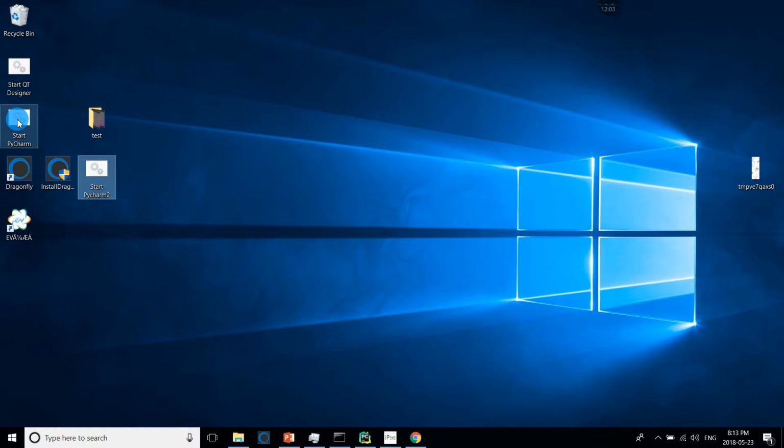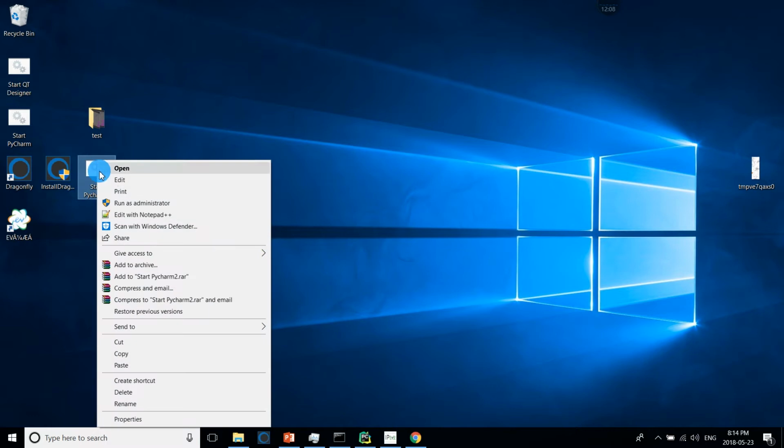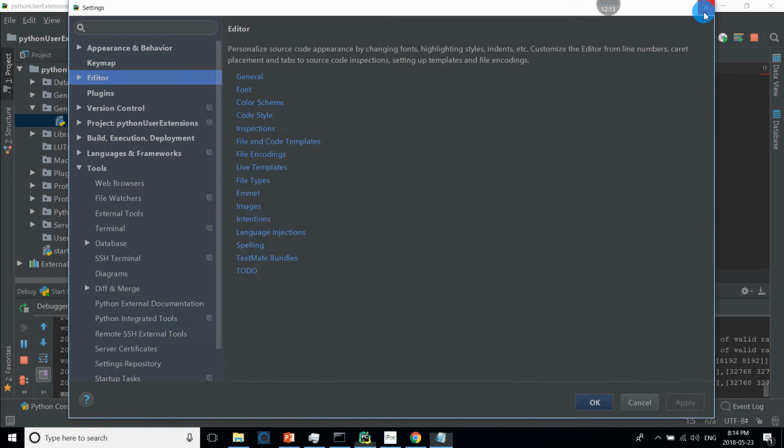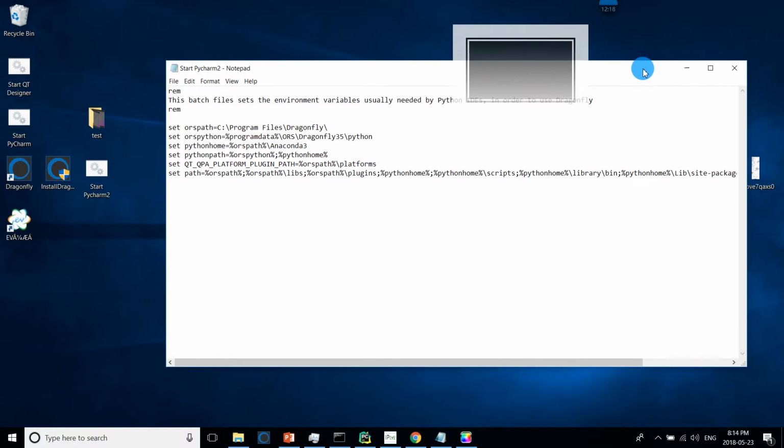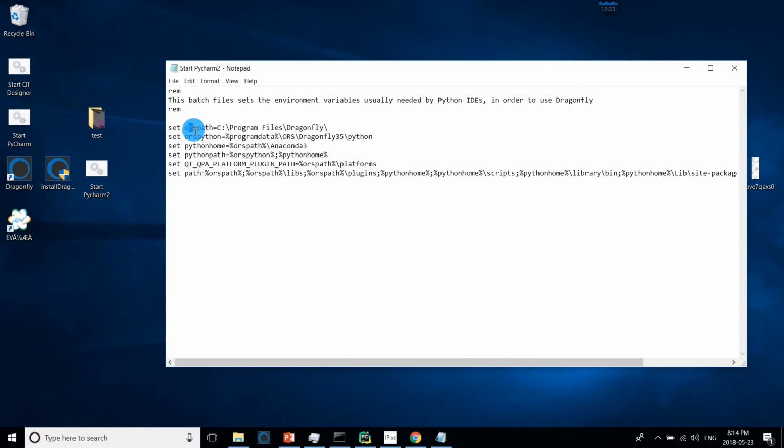You can copy this, paste it onto your desktop, and then rename it to start PyCharm. Since I already have it here, I'm just going to call it PyCharm 2, just for demonstration. Then you can right-click and edit.